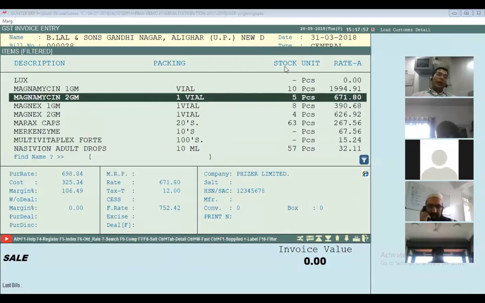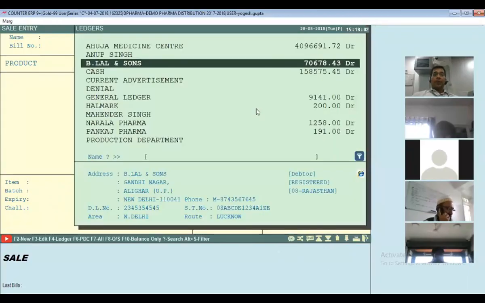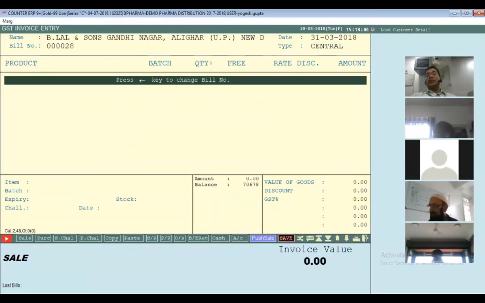Okay, now next feature. It is also an amazing feature. It generally happens, whether it is chemist, FMCG or somewhere else, that one customer is asking for many items. In between, a second customer comes and says, sir, I have only 2 items. So firstly, cut my bill, I'm in a hurry. So how can I cut the bill of the second person without closing the first bill?